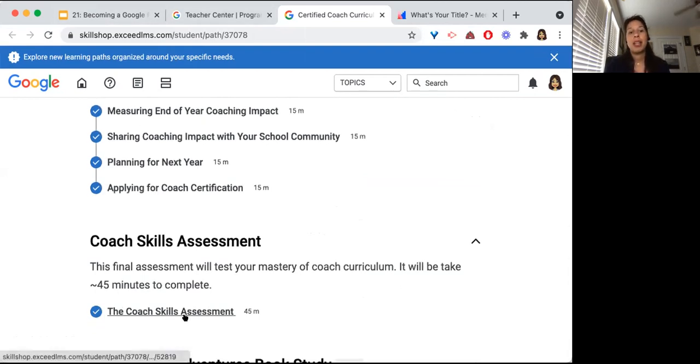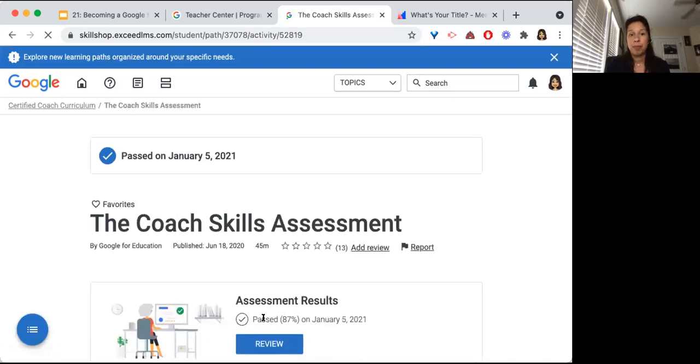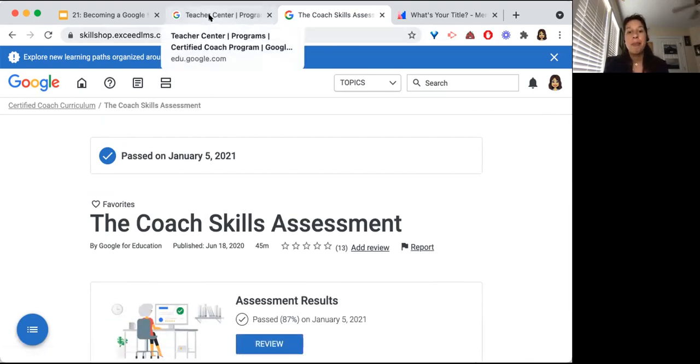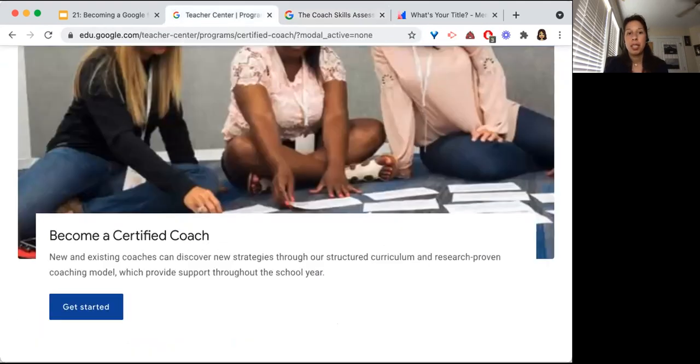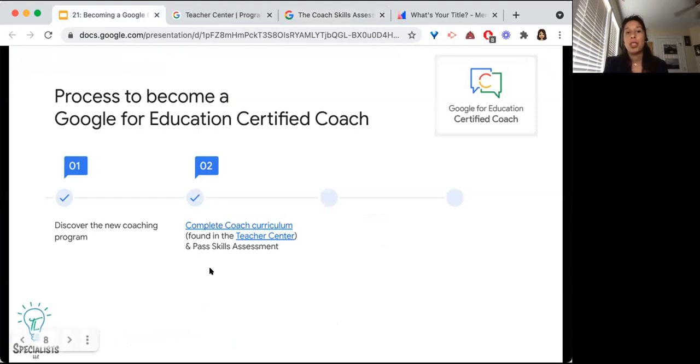The assessment is a Google form assessment, and I've already passed it, so let me not review it. But on the assessment, you'll have about 45 minutes to take the assessment, okay? And it'll be based on the information, the Make It Stick portions of the curriculum.